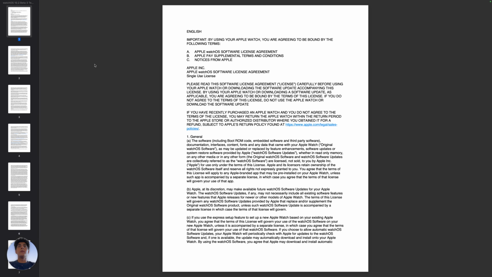Single use license. Please read the software license agreement carefully before using your Apple Watch or downloading the software update accompanying this license. By using your Apple Watch or downloading a software update as applicable, you are agreeing to be bound by the terms of this license. If you do not agree to the terms of this license, do not use the Apple Watch or download the software update. Do not! Okay. If you have recently purchased an Apple Watch and you do not agree to the terms of the license, you may return the Apple Watch within the return period to the Apple Store or authorized distributor where you obtained it for a refund, subject to Apple's return policy found at